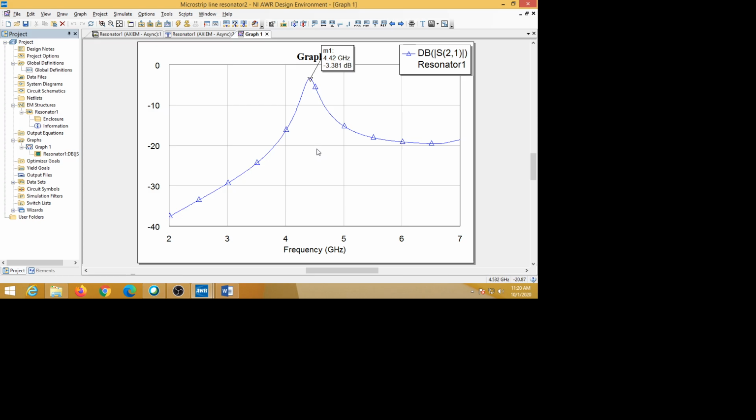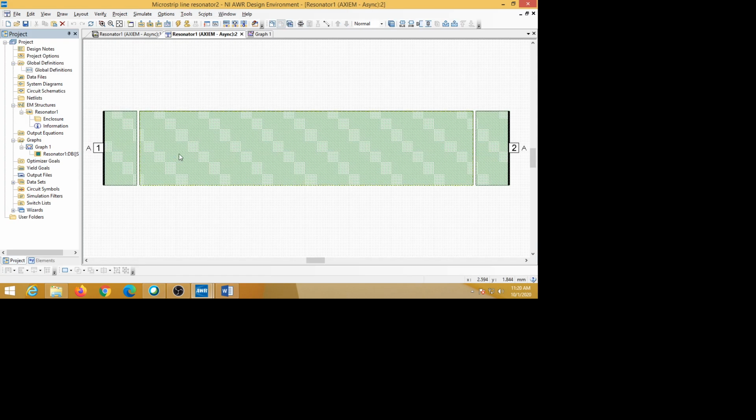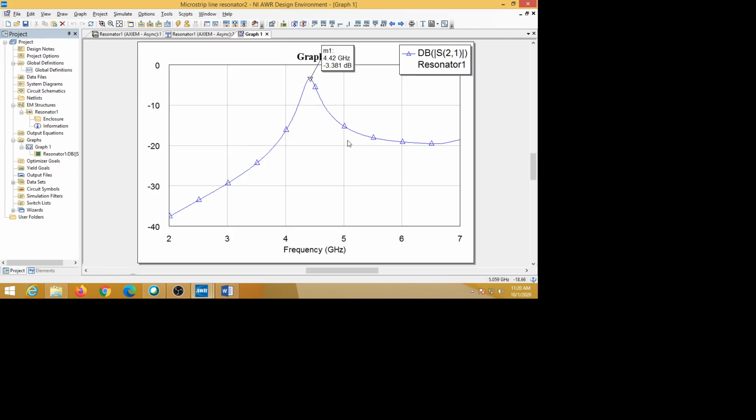Instead of 5 gigahertz, we are getting 4.42 gigahertz, but it is approximately near our expected value. If you want exactly 5 gigahertz, we have to modify the structure length a little bit to fix it.